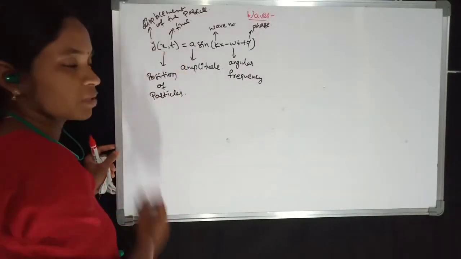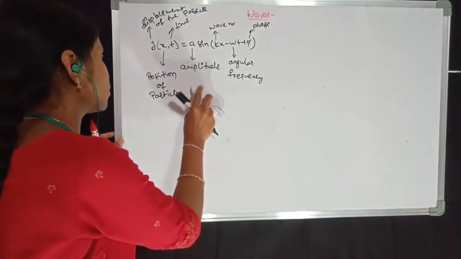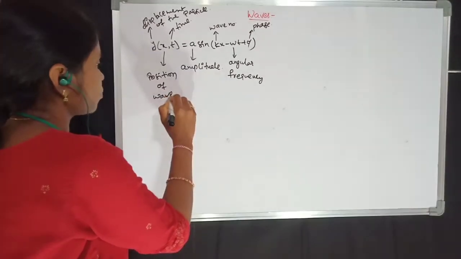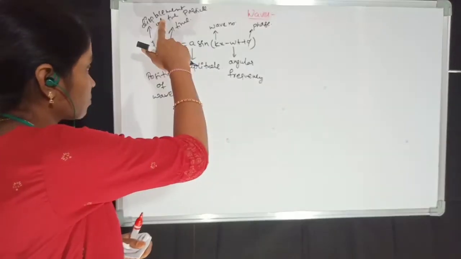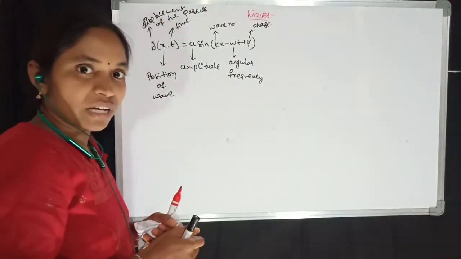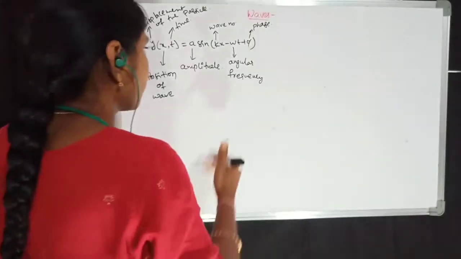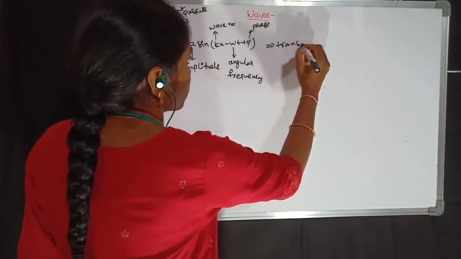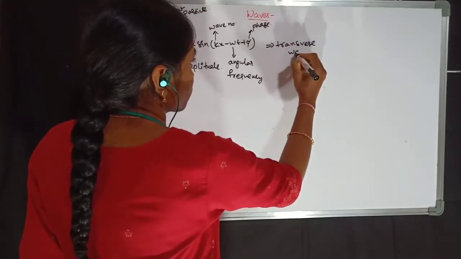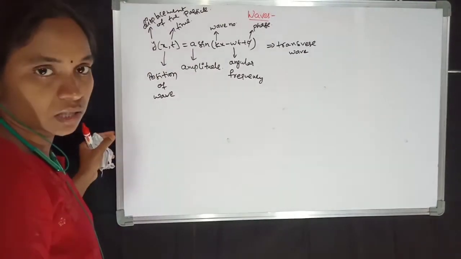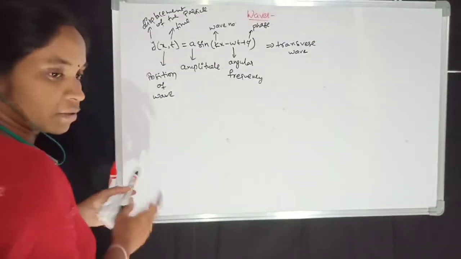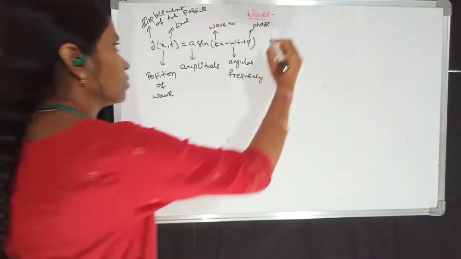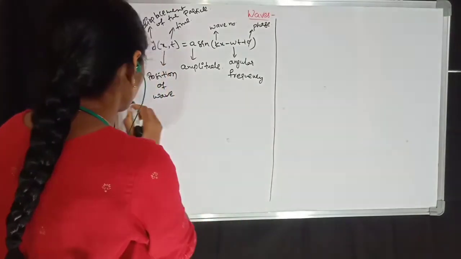So as this is the displacement of the particle, in the x-axis we will have the position of the wave. Here the displacement of the particle and wave direction are perpendicular to each other, as this is a transverse wave. For easy understanding purpose, I am considering the transverse wave, and I will discuss the terminology involved in this equation. Okay, let's discuss.